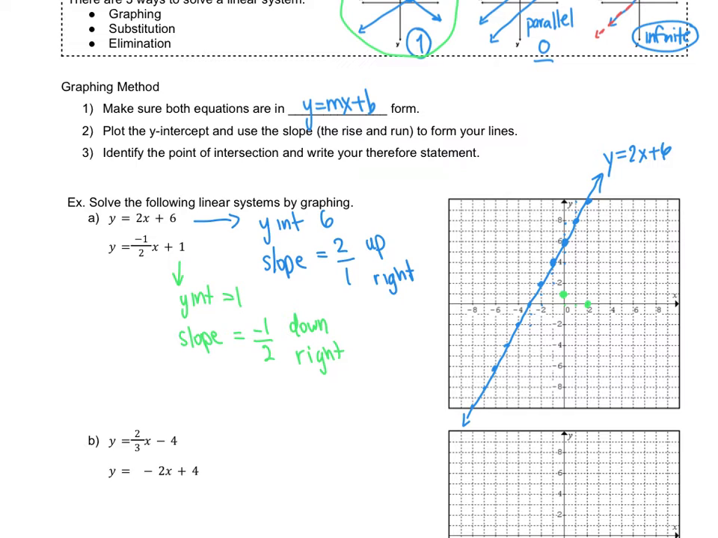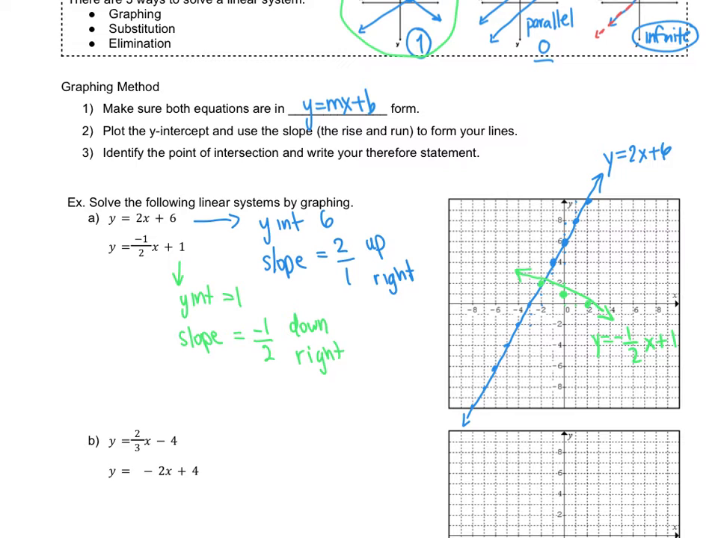Now when I apply that slope, I'm actually getting further from my line. So I'm going to switch both directions. Instead of down, I'm going to go up. Instead of right, I'm going to go left. And then I actually hit the other line, which is perfect because I am looking for the place where they intersect. Now I am going to connect my dots and put arrows, label my line,